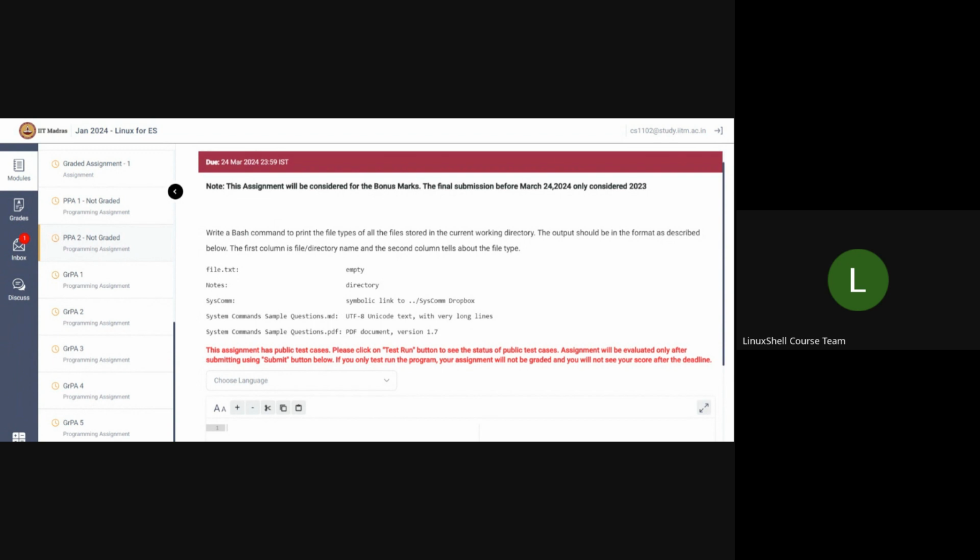Apart from that, I would like to inform you that you can use whatever resources we have already listed in the general page. In addition, if you want to read something, there are some books which may interest you for knowing more about the shell. One is Classic Shell Scripting by Arnold Robbins and Nelson H.F. Beebe, and the other one is How Linux Works by Brian Ward. Any other questions you guys have?